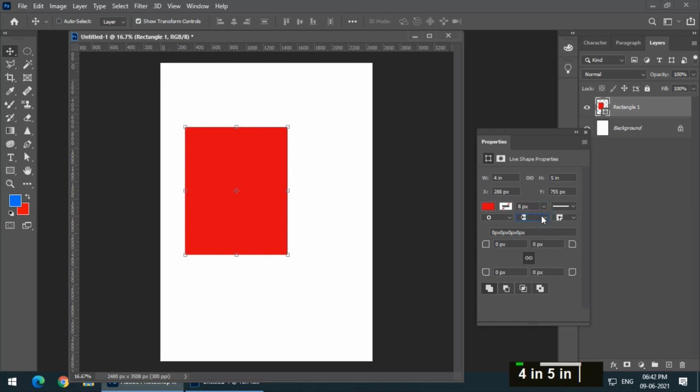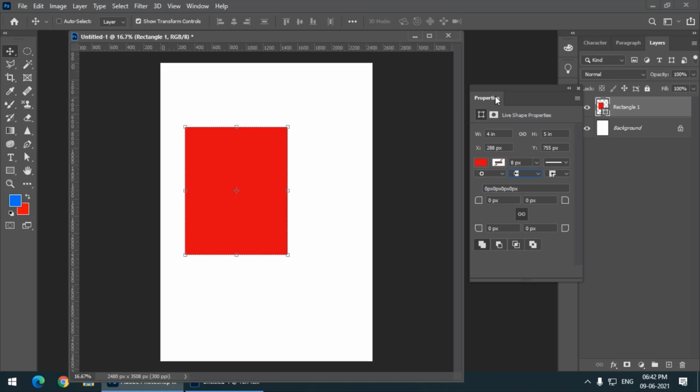Like if you want to change some aspects of that particular shape, and if you want to create a rounded rectangle, then also you can create a rounded rectangle by using these options. So for 4 corners we have 4 values, 4 boxes. So let's say if I change this value, but this lock is on, so if I change any value, all values will be changed.